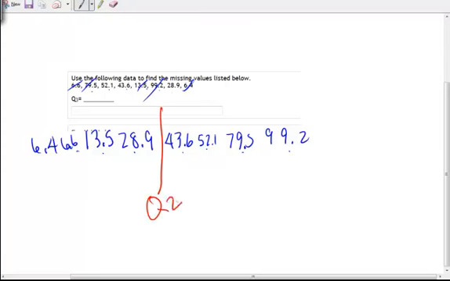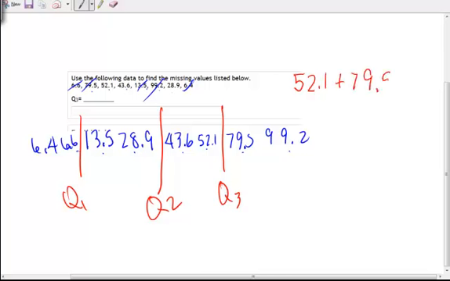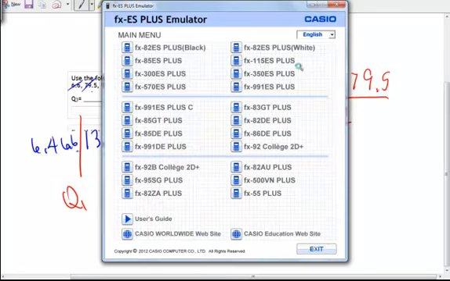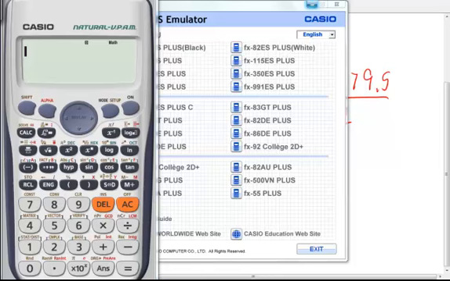Q2 is between the middle two. Q1 is between the second and the third one. And Q3 is between the second from the end and the third from the end. The way you find the actual value is you take those two, add them up, and divide by 2